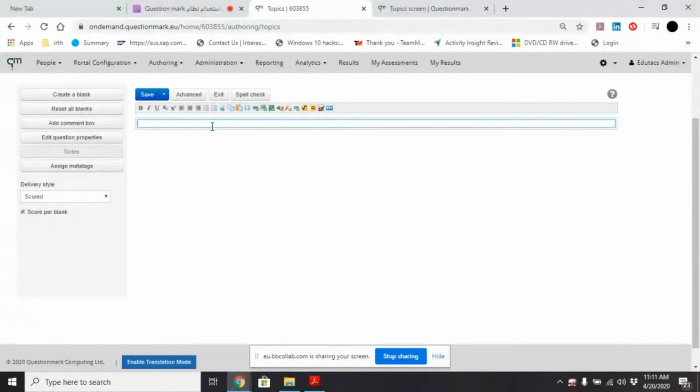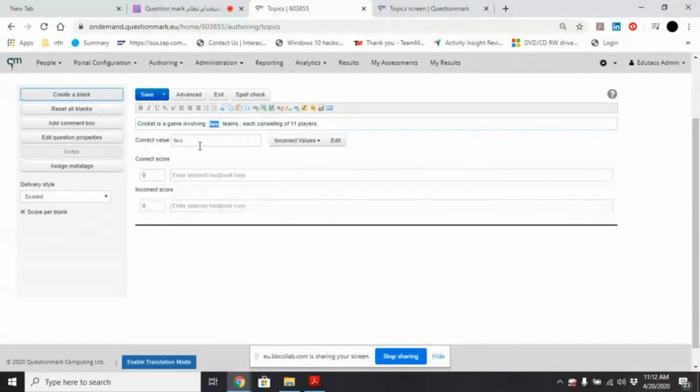So let's say again, I will do the same question. Cricket is a game involving 2 teams, each consisting of 11 players. Again, I will create 2 blanks here. I will make this a blank. When I make it a blank, it will ask me to write